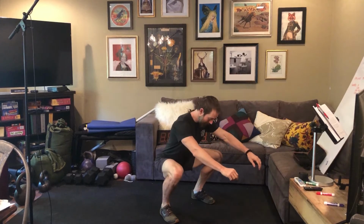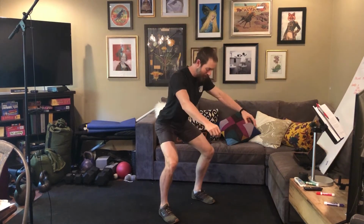So, how low should you squat? Okay, are we going hips below the knees? Are we going partial squats? It really completely depends on what your goals are and what your body is capable of and what you're doing that day. So before we get into what full range of motion is and where you should be squatting